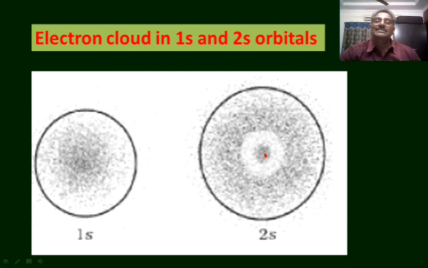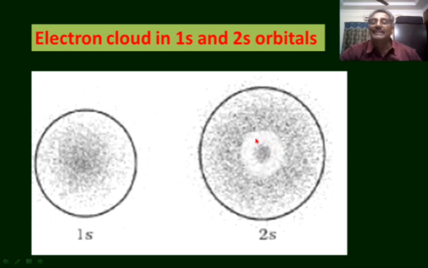Here, at a distance close to the nucleus, the electron cloud is more, and after a certain distance the electron cloud is reduced to approximately 0 and then again increases to a maximum value and then decreases. This is one concentric circle which covers more than 95% of the probability of finding the electron. Inside that there is another concentric circle of electron cloud. So in this way there will be two concentric circles of electron clouds in the 2s orbital.